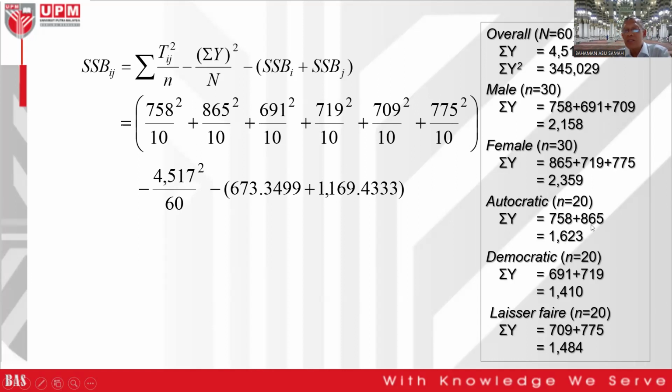865 squared divided by 10, plus 691 squared divided by 10, plus 719 squared divided by 10, plus 709 squared divided by 10, and then finally plus 775 squared divided by 10. I mean, altogether we have 6 cells, 6 groups, right? The sequence doesn't matter as long as we have all the 6 groups included within the bracket. And then minus,